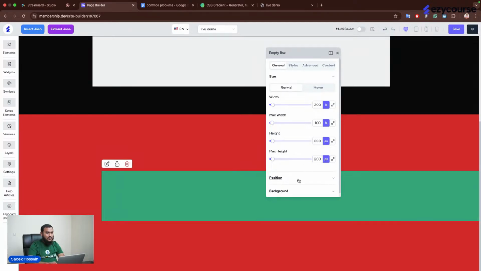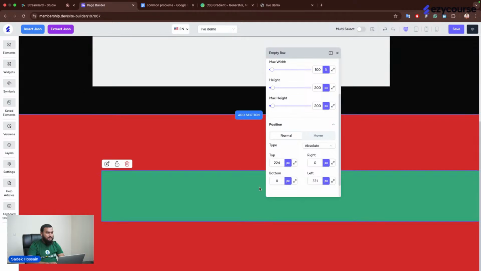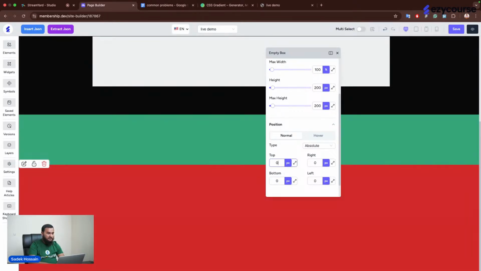Okay, cool. Now we have to position it at the top here. So top: left 0, bottom 0, right 0. Okay, and top will be negative. So you see,